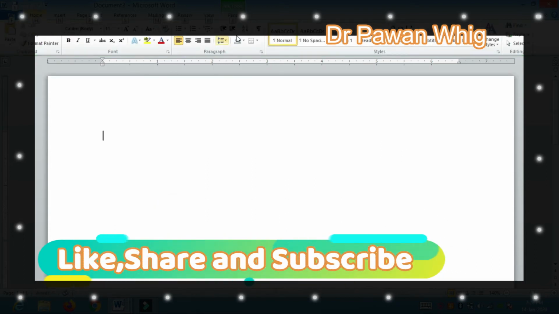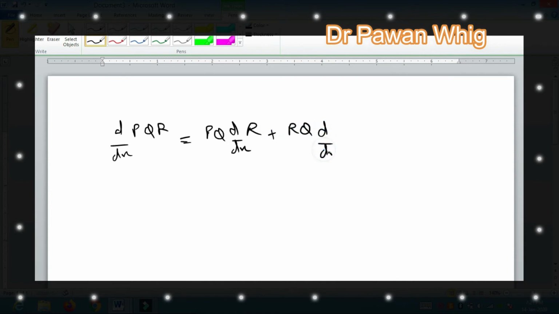Now one very important part of the product rule that students generally skip is the product rule of three functions, d by dx of three functions p, q, r. It is generally asked in entrance exams. For three functions, you keep two functions fixed at a time and differentiate the third one. The order doesn't matter, you can take any two of the variables and differentiate the other one. Similarly, we differentiate q and keep p and r outside. What it means, let us